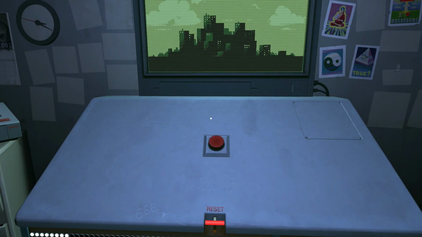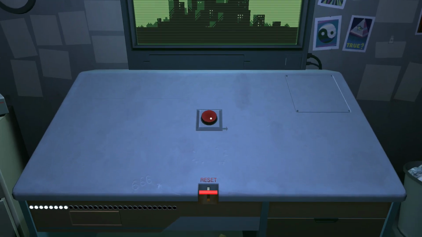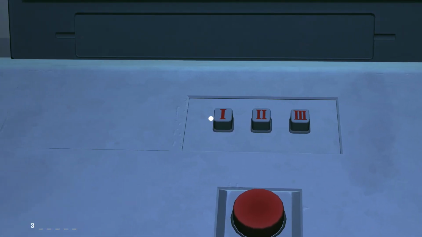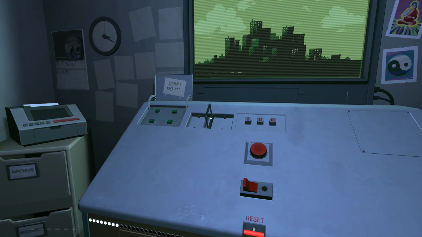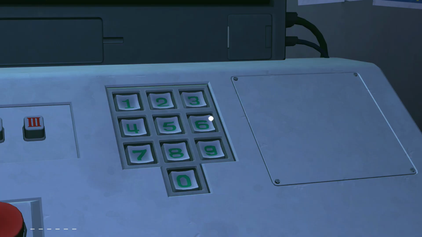Okay, so ending number 9 is going to be the black hole ending. So for this one, you want to hit the red button twice. When the Roman numerals appear, put in that code from earlier, the 312213. And then when the lever appears on the left-hand side, go ahead and pull it to the left. And then when the keypad appears, you want to put in the code